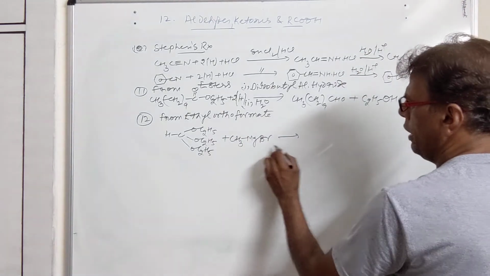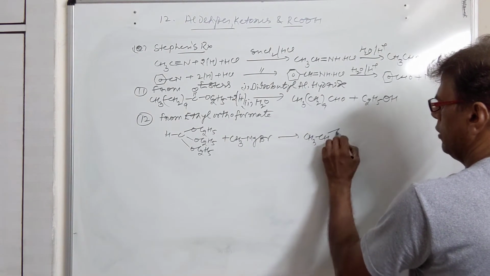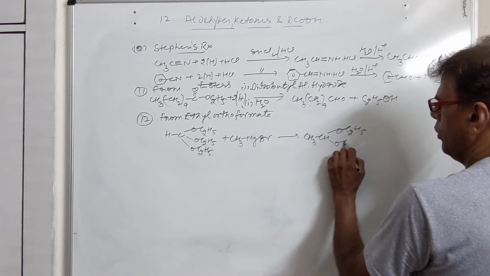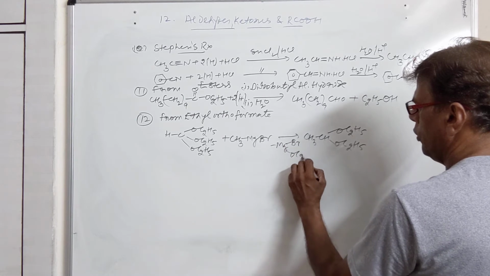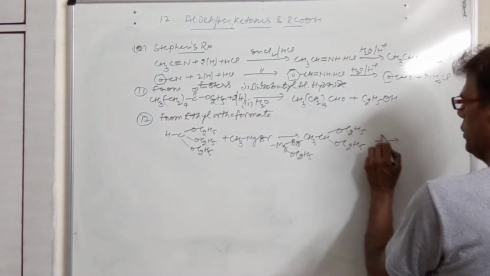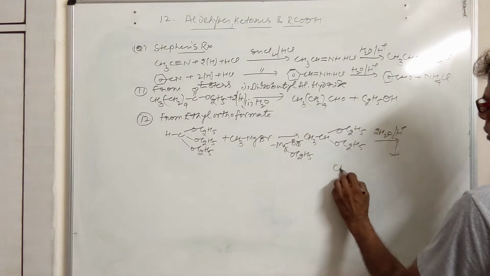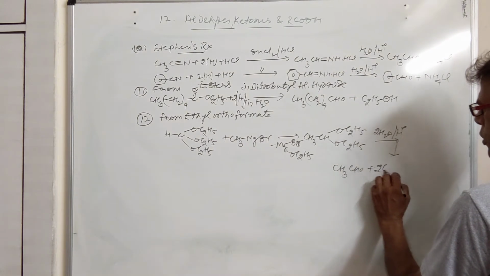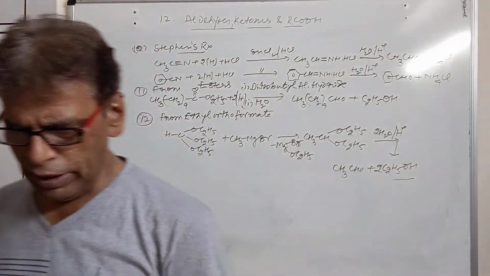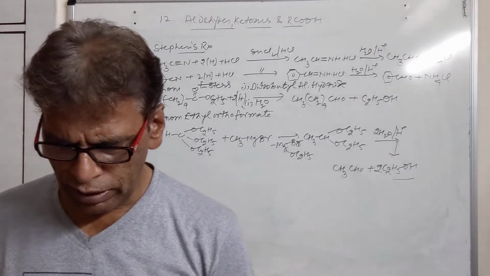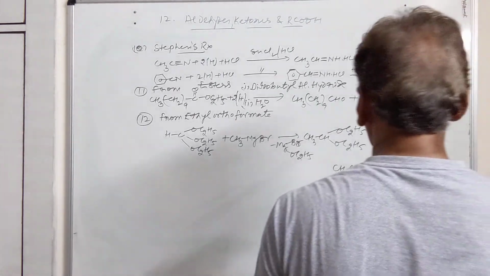Now it will be eliminating a molecule of ethyl alcohol. We'll get CH3CH(OC2H5)2 and will be eliminating MgBr and an ethoxy group. One ethoxy group is out. Then it is hydrolyzed with water, in acidic medium, and we'll get CH3CHO plus 2 molecules of ethyl alcohol. So these are the methods to prepare aliphatic aldehydes. Then we have some methods to prepare aromatic aldehydes and ketones.